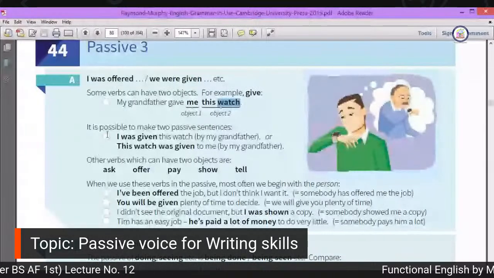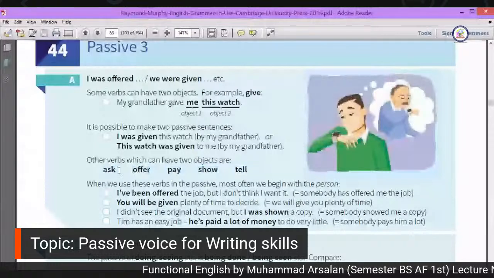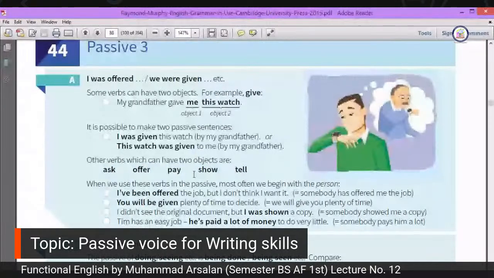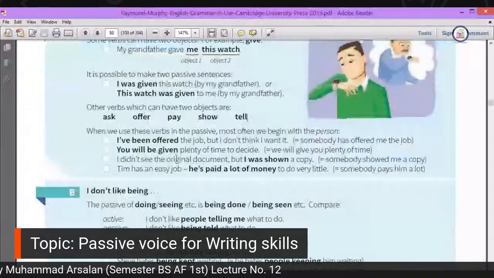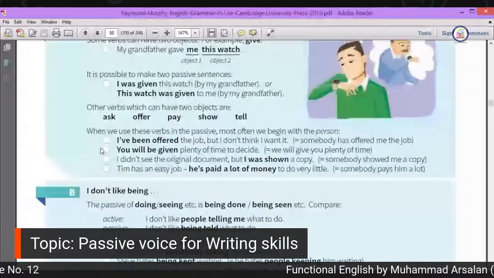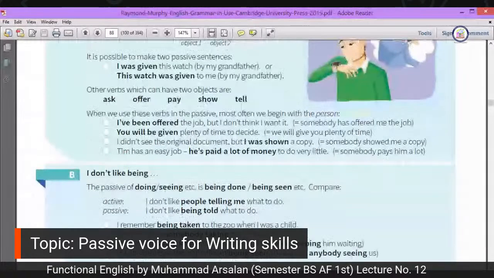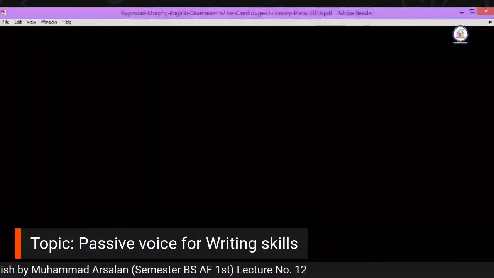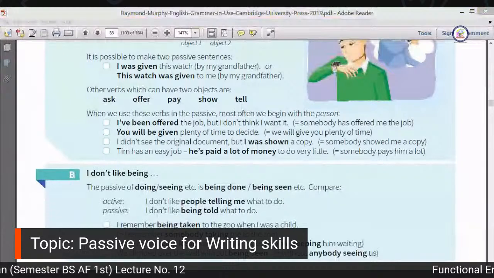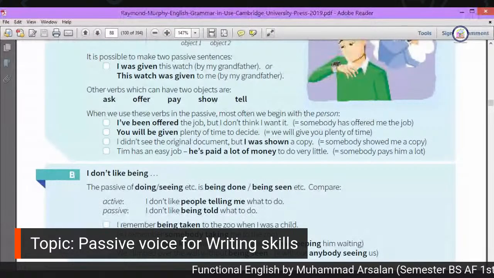So they are the most common ditransitive verbs: ask, offer, pay, show, tell. So you see the examples. Here we go. Okay, you can